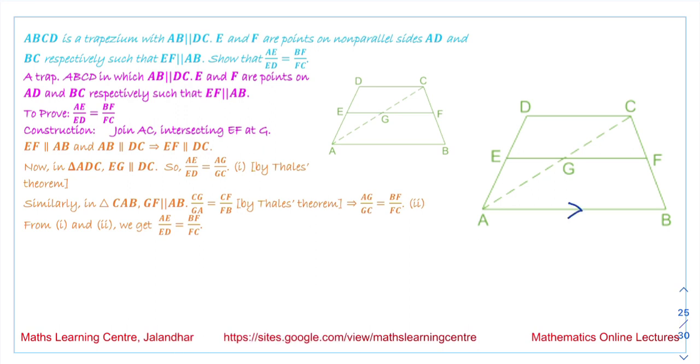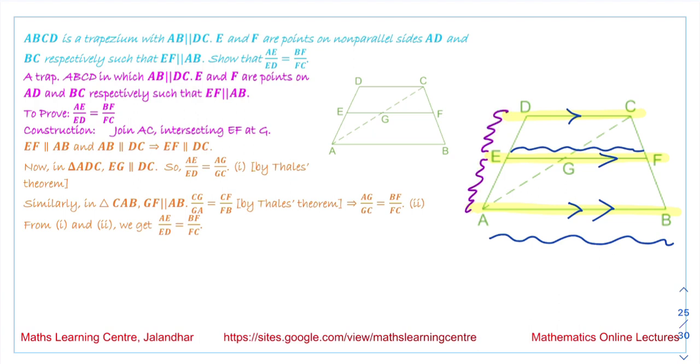Now in this next question, ABCD is a trapezium with AB parallel to DC. We are saying these two sides are parallel to each other. E and F are the points on non-parallel sides AD and BC, such that EF, this we are talking about, and AB are also parallel to each other. It means what is given to us is that this line DC, this EF and this AB, all these three lines are parallel to each other. We have to show that AE over ED is equal to BF over